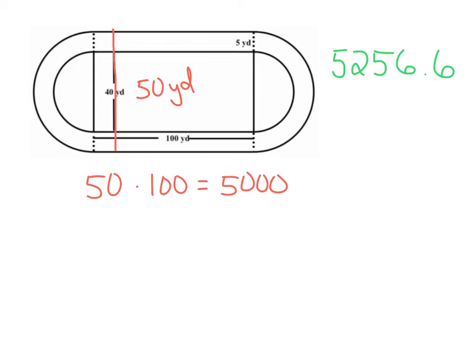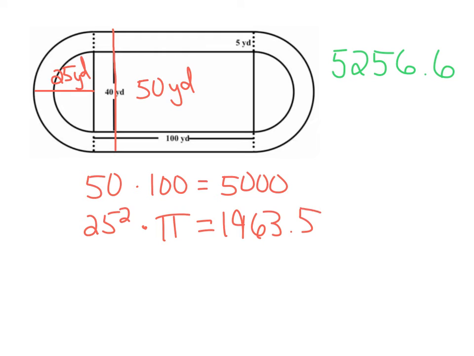Then we also have the semicircle, and since it's 50 yards all the way across, it's going to be 25 yards in radius. So 25 squared times pi is going to give you, when you round it to the nearest tenth, 1,963.5. The reason we use that is that it's half a circle on this side and half a circle on this side, and then we add those two halves together. So I'm going to add the whole thing, and that's going to give you